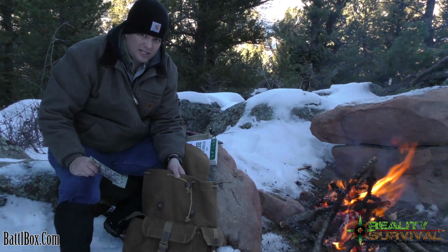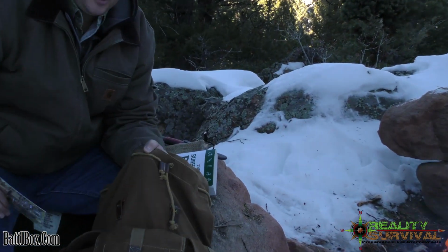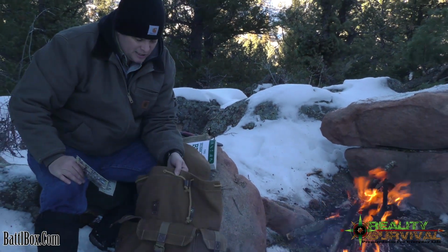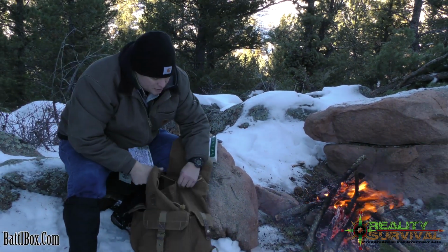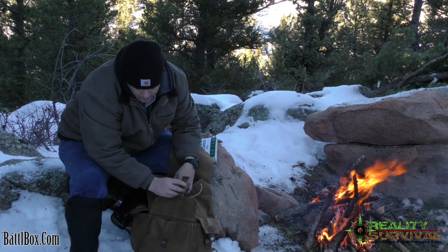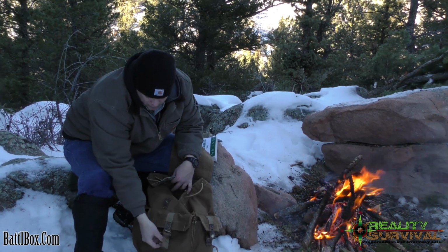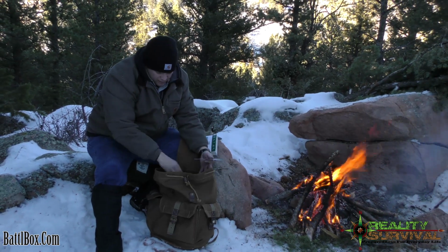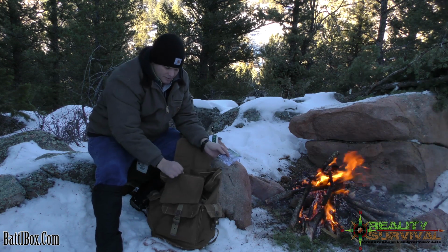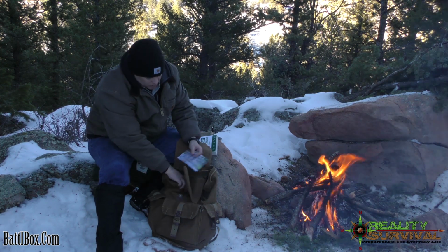I think Battle Box takes it off, but looking at the fabric and the weave and everything, it makes me think that it is probably like Duluth Trading or something like that, because this is really cool. You've got two side pockets with snaps, one on each side, and then you've got kind of the faux buckles here. They do work, but then you've also got the snap on it for a larger middle compartment, and then you've got the main compartment here, and then there's also kind of like an admin pouch or something like that right here. So really a pretty cool